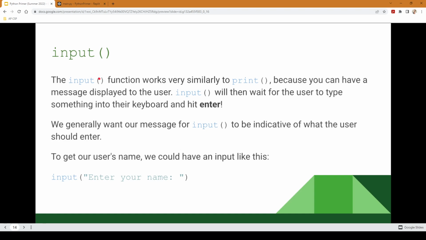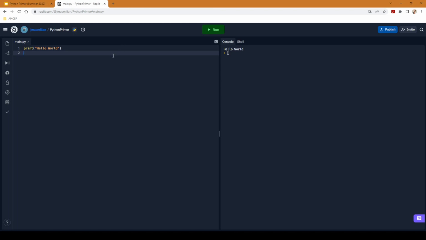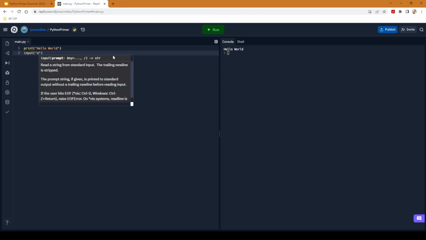The input function will display that message, and then it will wait for the user to type something into their keyboard and hit enter. Generally, we are going to want the message that we put into our input to be indicative of what the user is supposed to enter. So to get our user's name, we might have an input like this: input, and then our message is "enter your name." So if I add that to my code, input, enter your name,